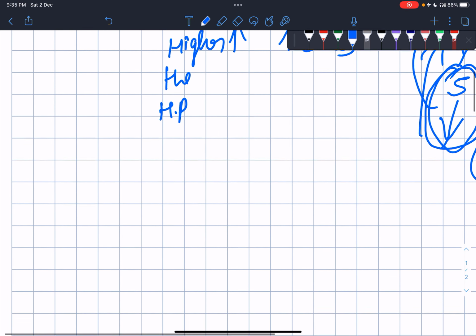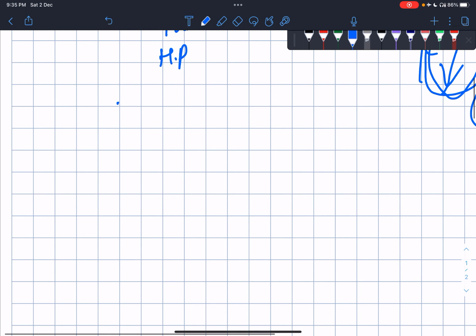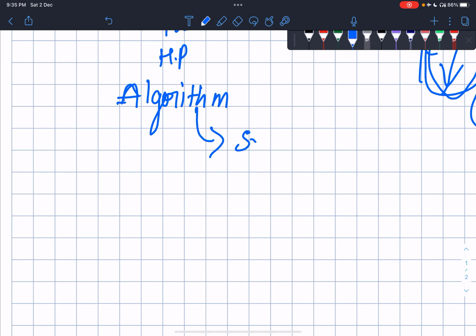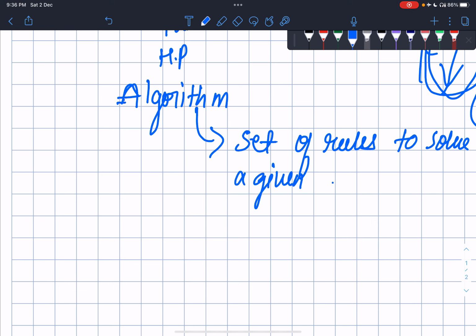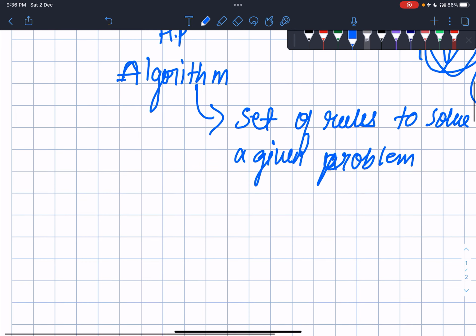If you don't know what an algorithm is, let me explain. I don't have a specific definition for it, but an algorithm is a set of rules to solve a given problem. For example,